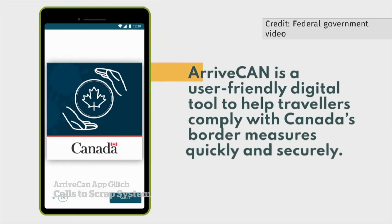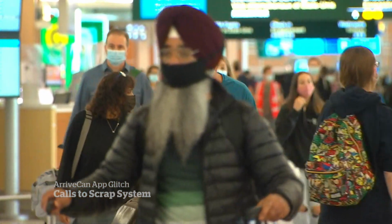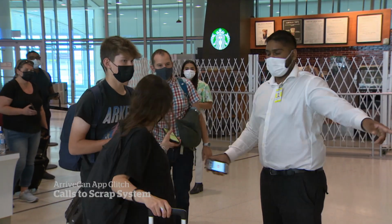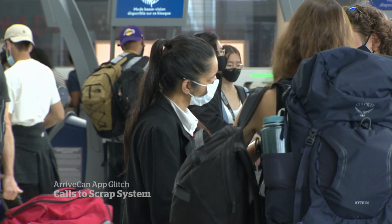ArriveCAN is a user-friendly digital tool. Travelers entering Canada must use ArriveCAN to input their travel and vaccination information or face a 14-day quarantine, even a fine. But some politicians and tourism groups say it's time to scrap mandatory use of the app. Anything that is complicating the travel process, the travel journey right now, is having a negative impact on the return